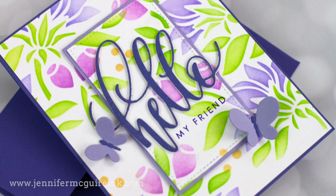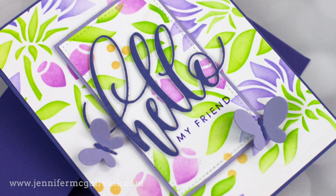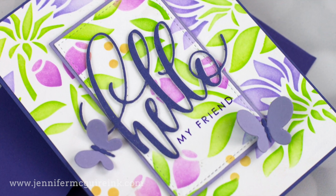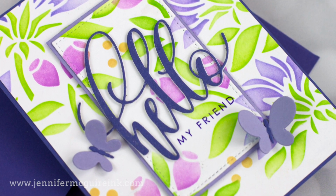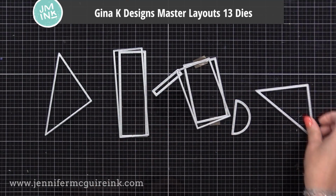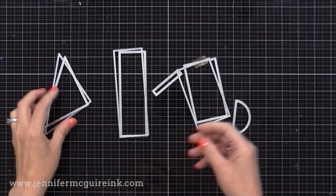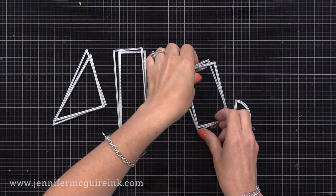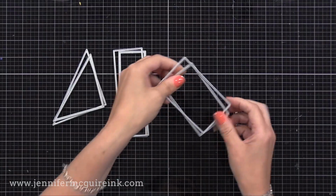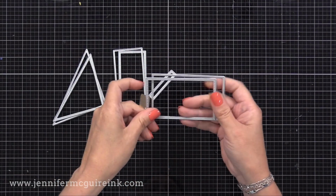This time I popped up part of the center to create a focal point, but notice that fine purple matte around that center rectangle. This is something I really like about Gina K Design's master layouts. This is her newest one. It's number 13. And you'll see there are rectangle dies. The smaller one has faux stitching on the inside edge. And then the second one is only slightly bigger so that you can create a very thin matte, which I'm